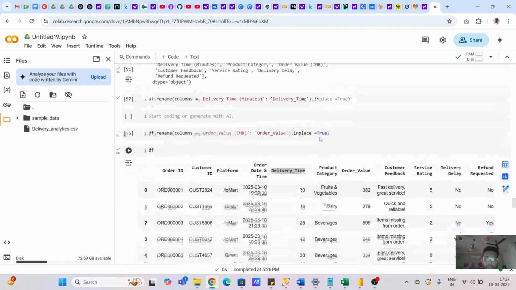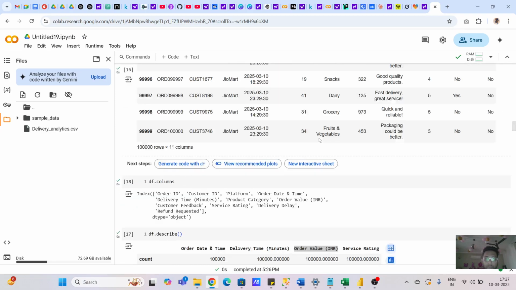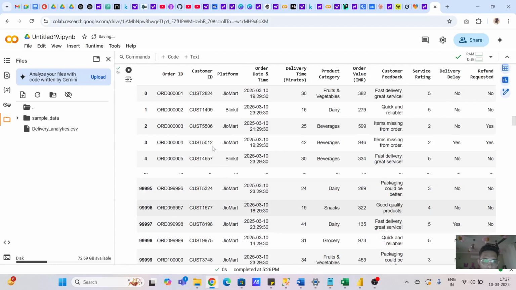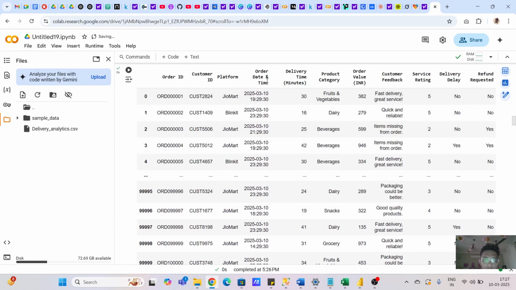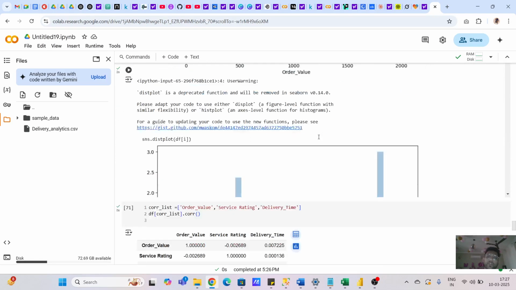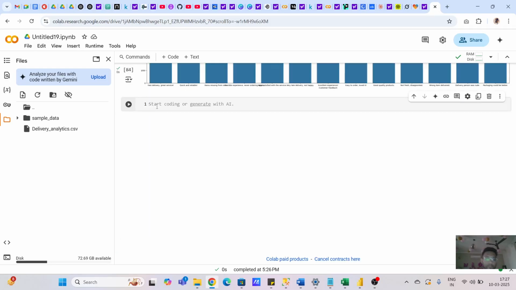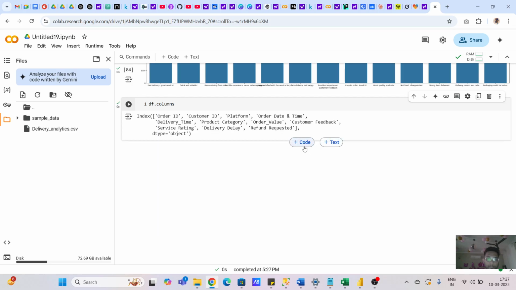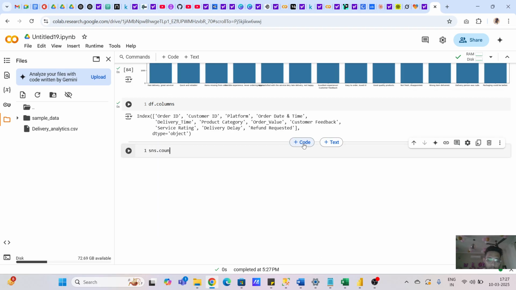I guess we have covered all of the analytics. Let me focus on other things which we can do. Platform, order date, okay, refund requested, delivery delay. Now we need to check for the delivery delay and refund requested. How many customers have requested for the refund? And same, we would do: sns.countplot, x equal to delivery delay,